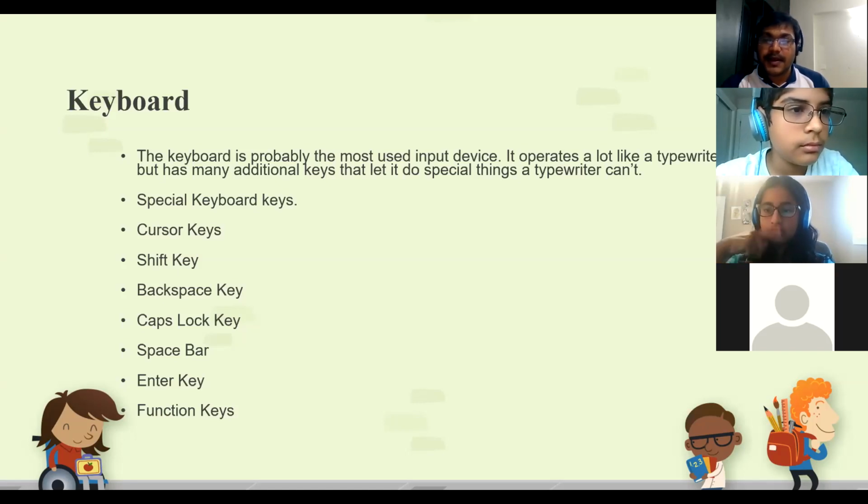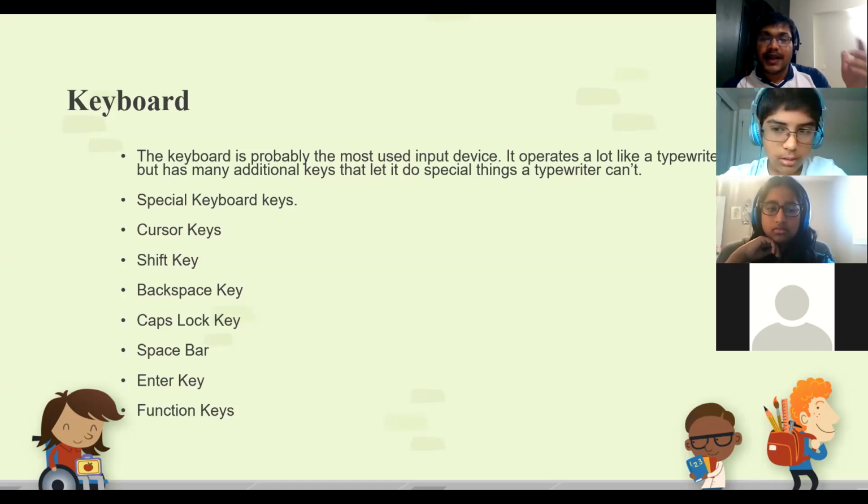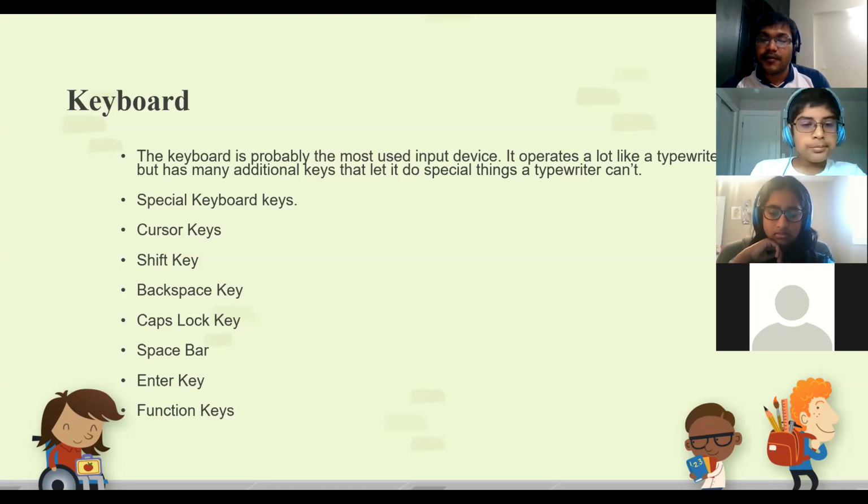Now we have a space bar key. The space bar key is to give one space. There is a tab key which basically gives you four spaces. Now there are control and alt. Alt and control are used for special functions. Like if you do alt F4 and if you are using a